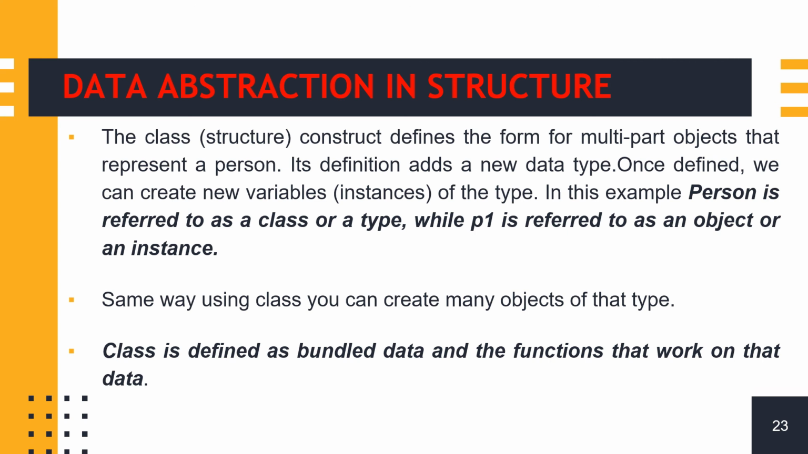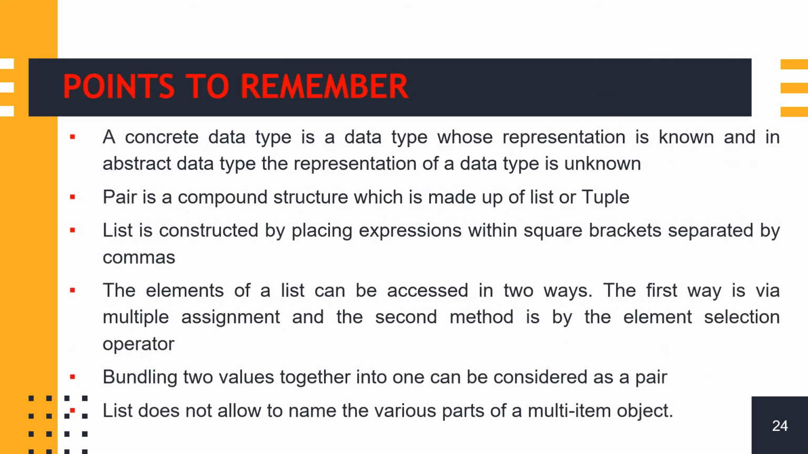Once defined, we can create new variable instances of the type. In this example, person is referred to as a class or a type, while p1 is referred to as an object or an instance. In the same way, using a class you can create many objects of that type. A class is defined as bundled data and the functions that work on that data. Right, now a concrete data type is a data type whose representation is known, and in an abstract data type